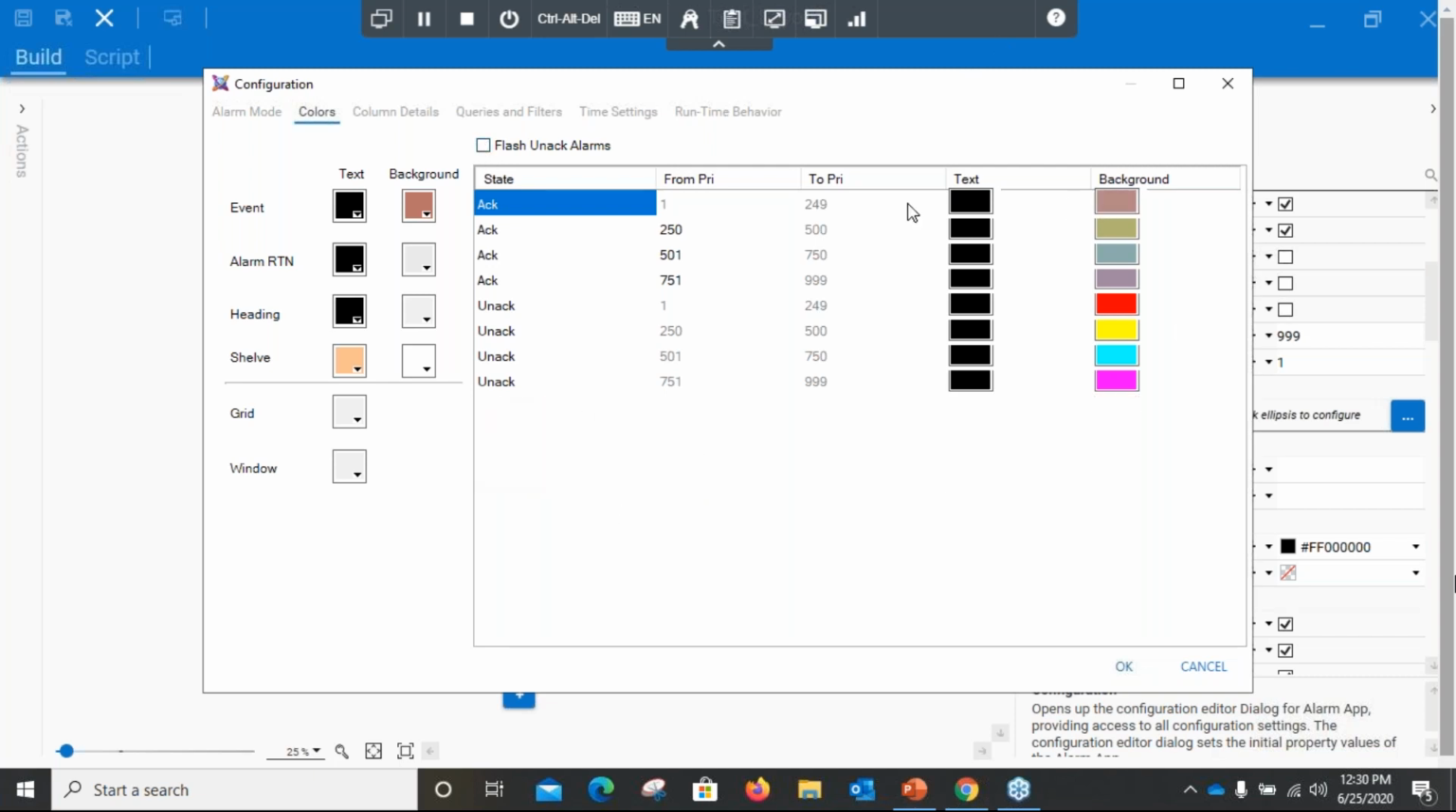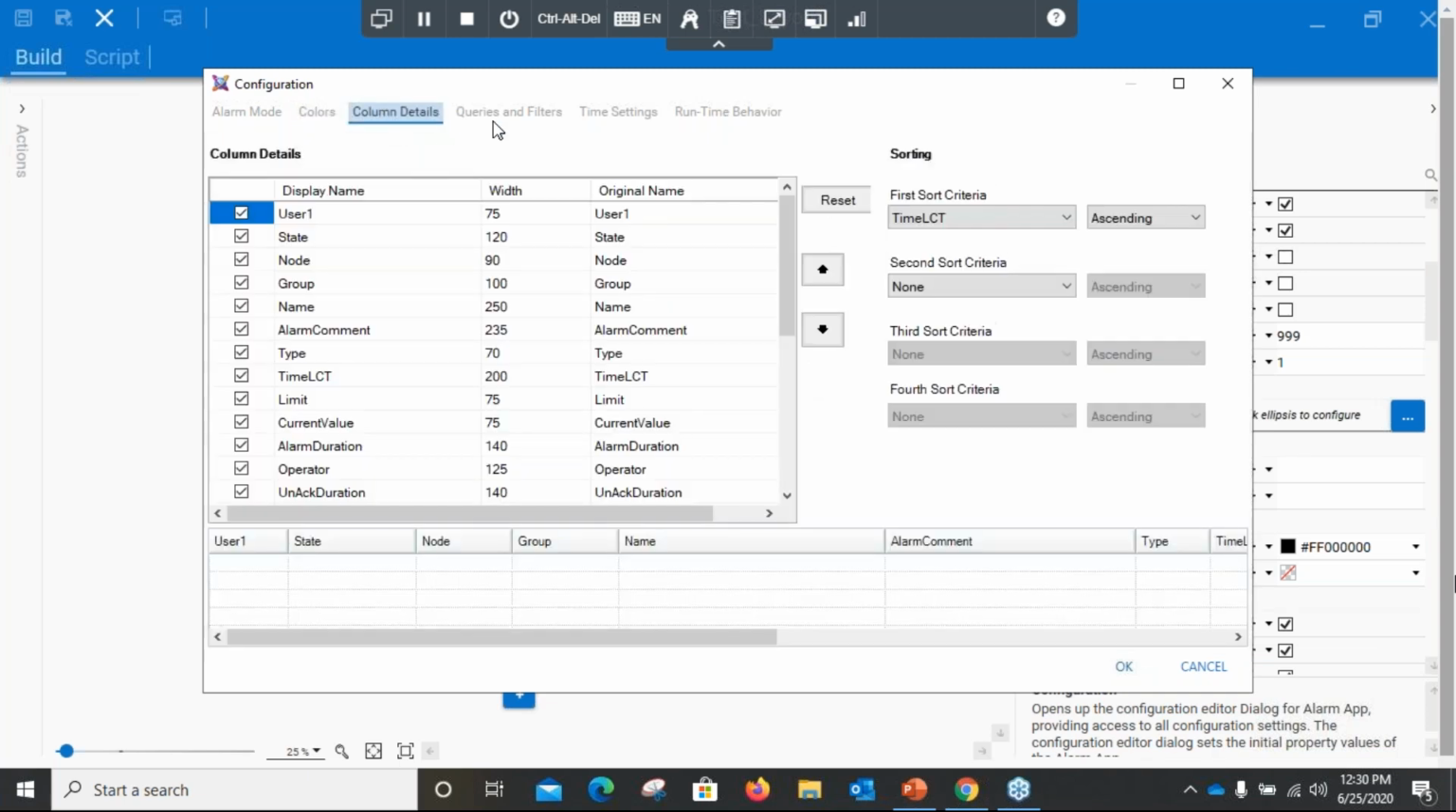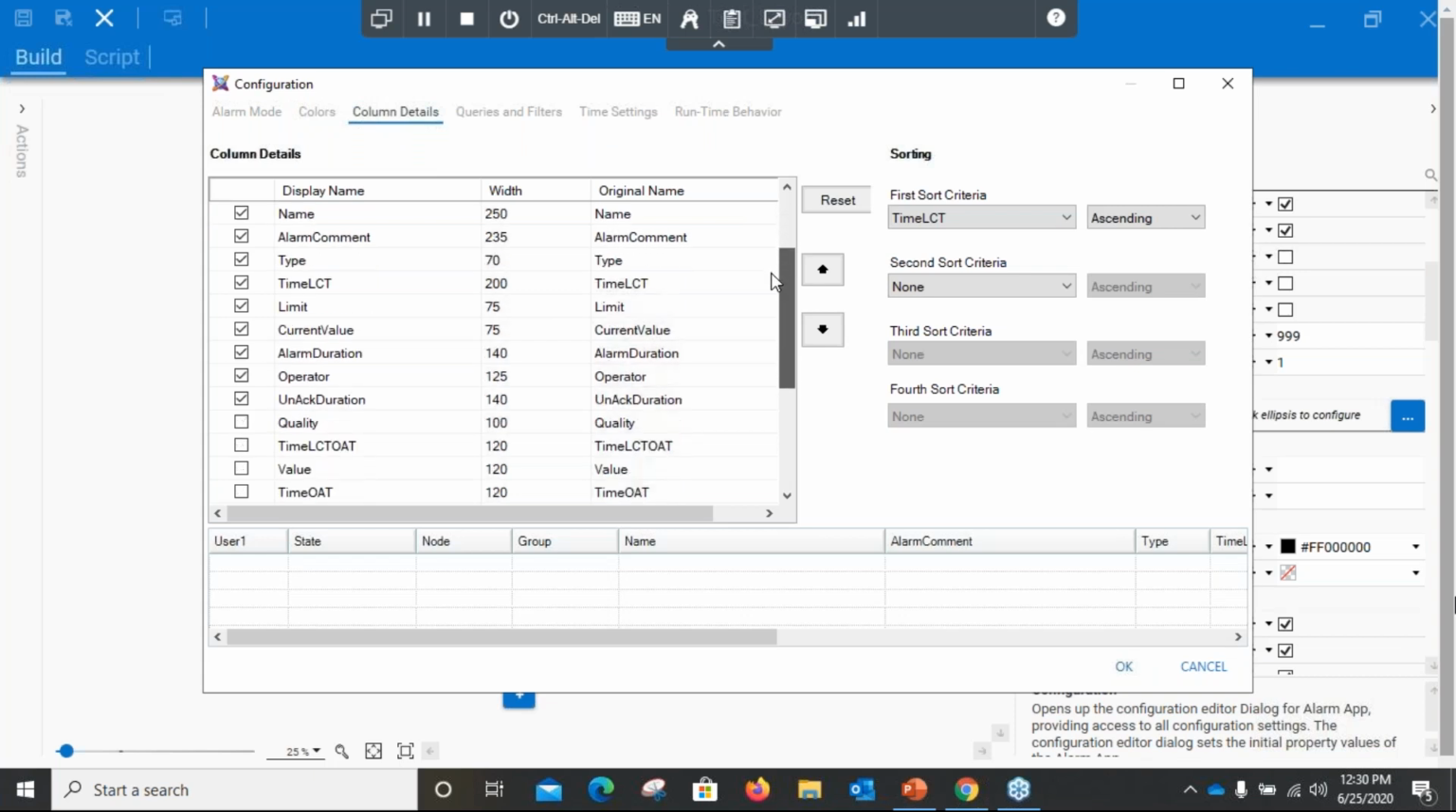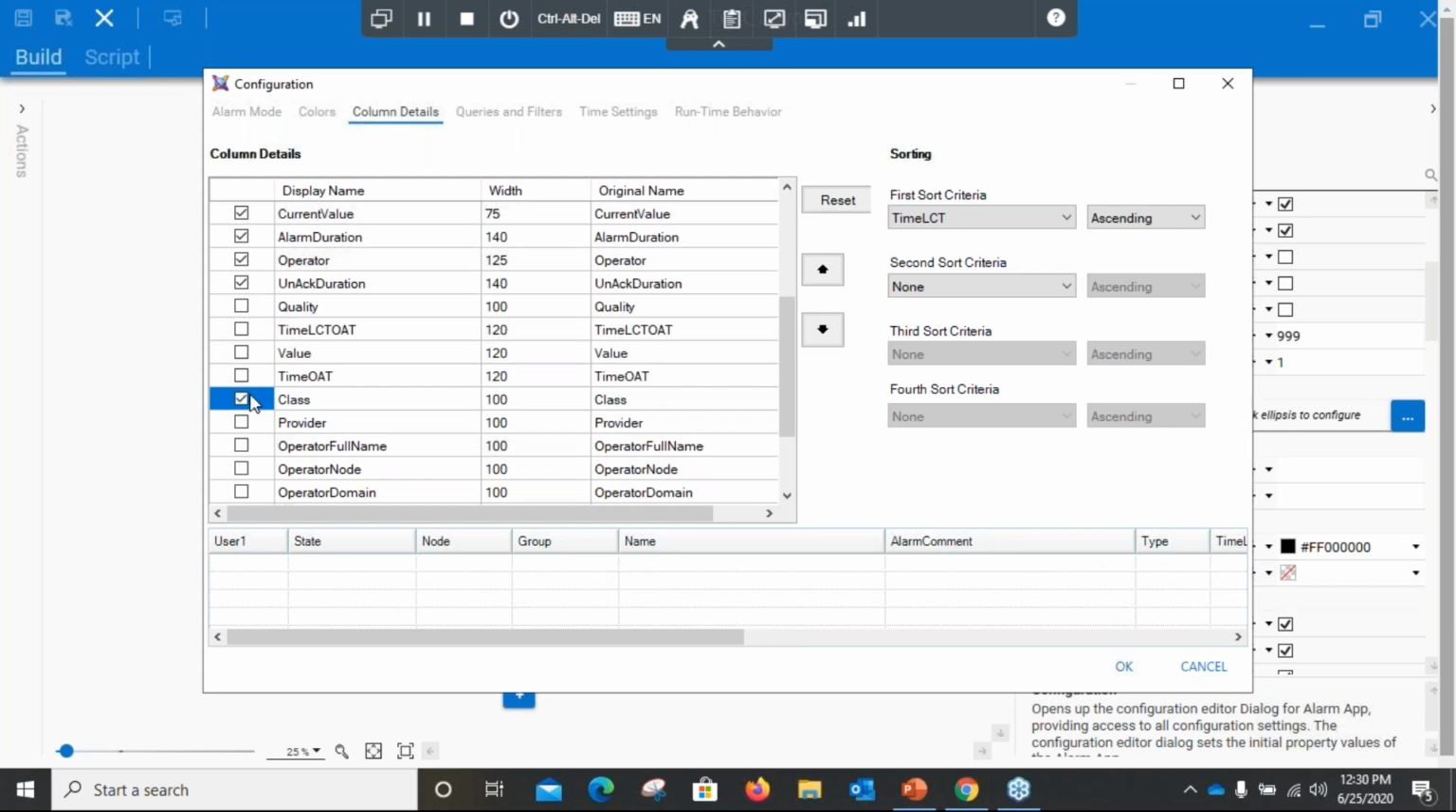You can change the background and text, and the colors are totally customized. Same for return to normal, shelved, etc. Column details, in case you have these. Now what we show here is several things. Now you can add more details like class,